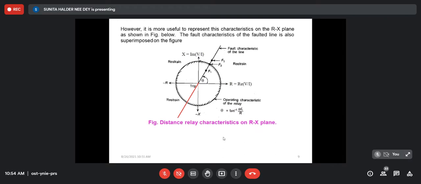So if we plot it in terms of impedance, then obviously this is X, this is R. So this is a particular impedance, say up to this. This is the Z set, this is the reach point B. If it goes below that, then the relay will operate. If it is beyond that, then it is restrained, the relay will not operate. Since it is not current sensitive, it is applicable in the opposite direction also, right? So the inner side of the circle is the operating zone, and the outer side of the circle will be the restraining zone.